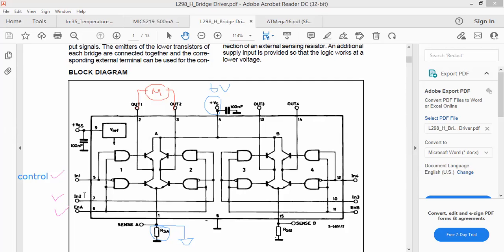Now the thing is how to get this done, right? The first thing is you have to set this enable high, then only this H-bridge is activated. So this should be logically high. So you can just connect this enable pin to the microcontroller MCU and set it always 5 volt, right? So then this bridge will be activated. Okay. So if you want to rotate the motor in one direction, assume like in this way,